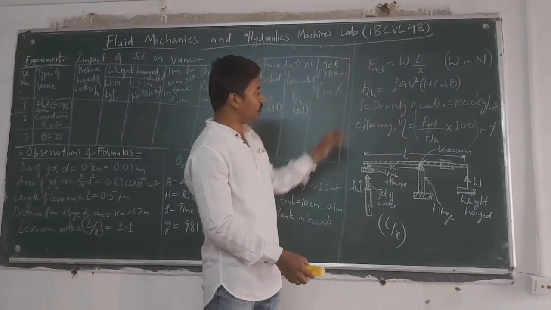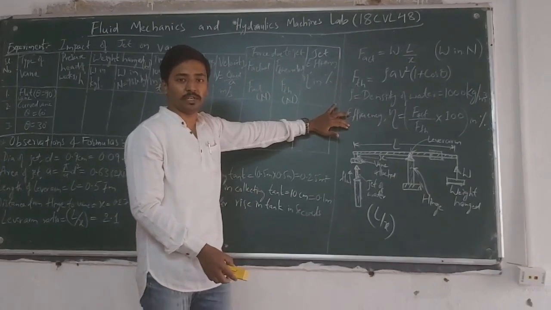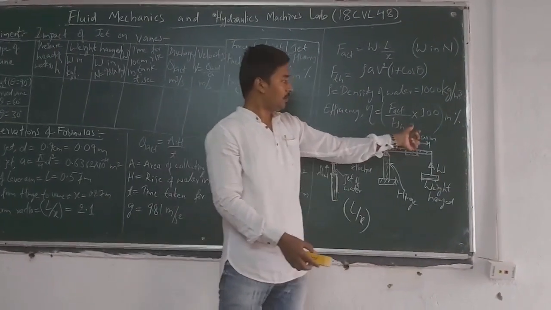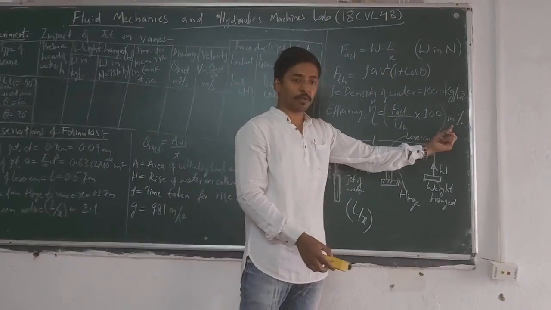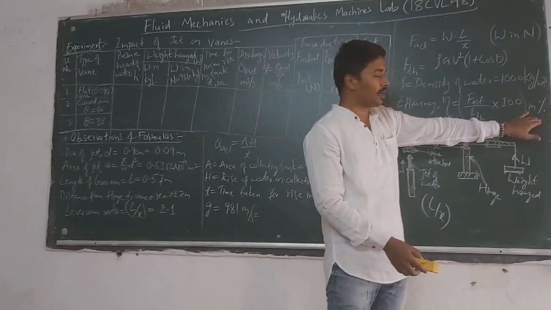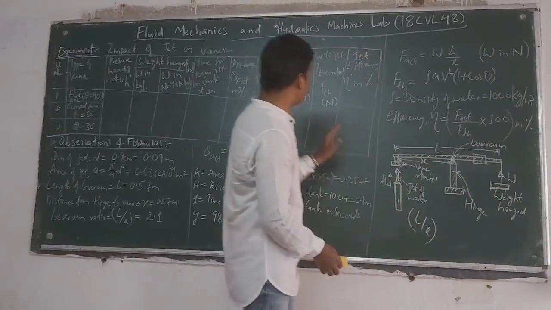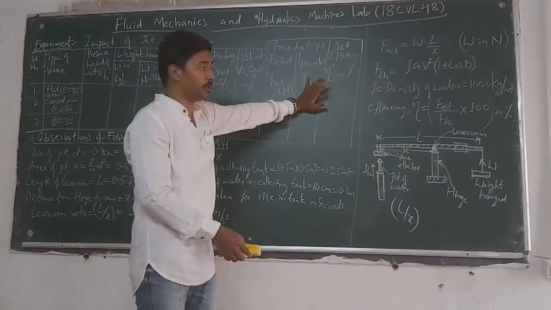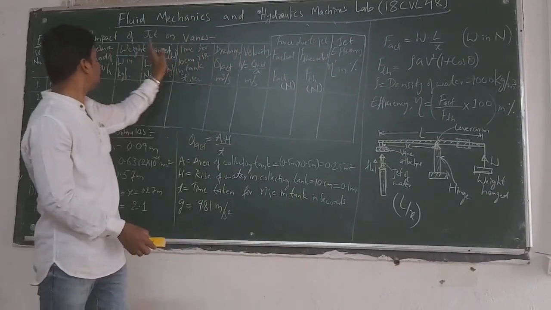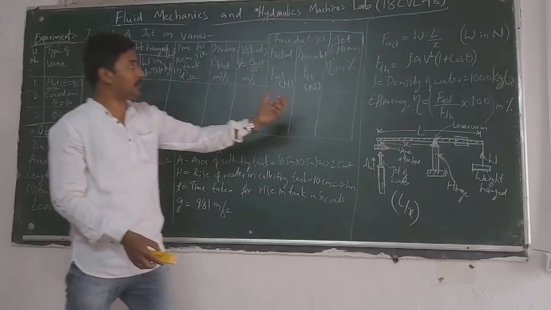The ratio of these two forces will be the efficiency of the jet, that is eta is equal to F actual by F theoretical, multiplied by 100 just to keep it in percentage. So eta is equal to F actual by F theoretical into 100. We will get the value in terms of percentage, and we will write that here as jet efficiency using the two forces. The average of the total values will give us the total impact of jet and the efficiency of the jet used.